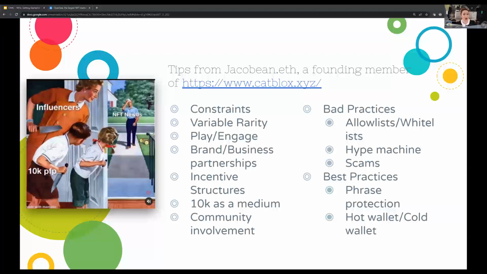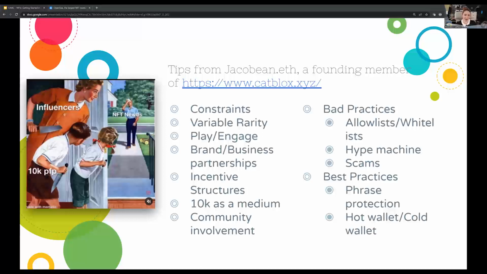Well, there are obviously constraints to creating NFTs. We've talked about things like file types and file sizes and gas fees. The variable rarity does allow for creatives to experiment within those sets of parameters. His advice is that it's important to just jump in and play. Really, that's what this community has been built on. It's a community that's quite open, and most people grow within the field by getting involved and just making things. There's now becoming right and wrong ways of doing things, but in the start, it was really just about play and experimentation. It was really open and supportive.